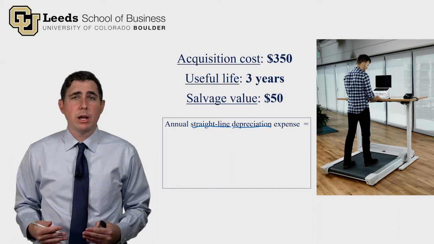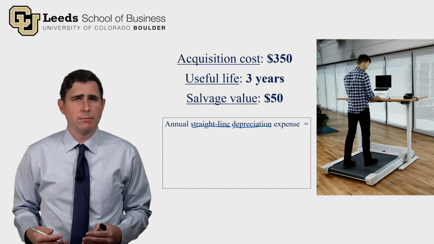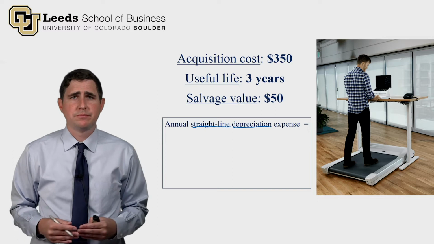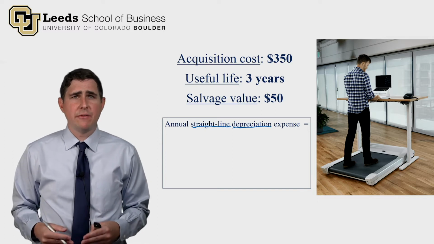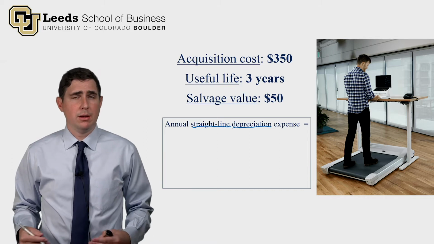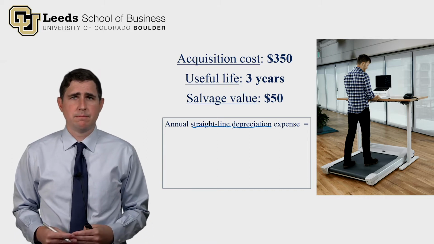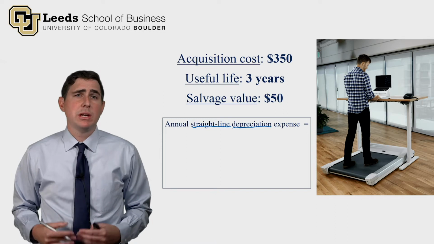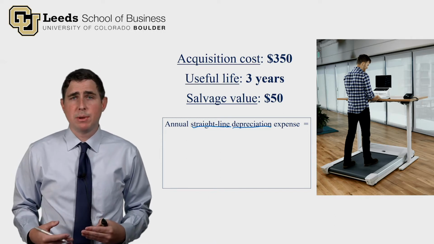How long are we going to be walking on this treadmill desk until we're done with it? And that estimate is 3 years. Then we're going to need to know its salvage value. So at the end of 3 years, how much do you think we can get for this thing? That estimate is $50. Taking all these estimates, we can compute how much depreciation expense we need to record every